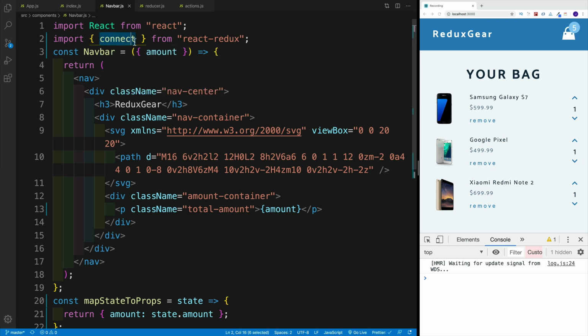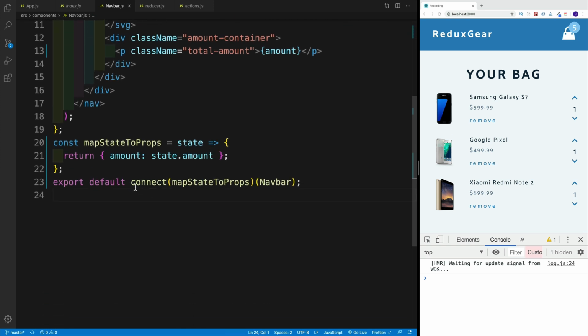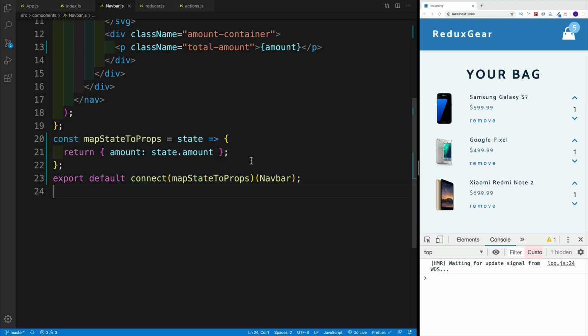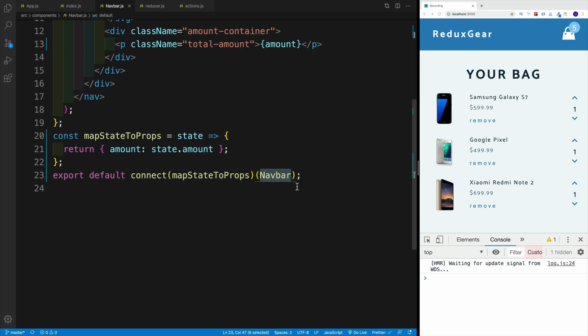We do need to import the connect. Connect is higher order component, so we need to run first set of parentheses, so we need to invoke it, and then we have second set of parentheses where we pass in the component. And essentially, we just export that component once we have run our connect. And then in the connect, we have few arguments, but the ones that we're going to use the most are the first one, map state to props, and the second one that we're going to cover in the few videos,